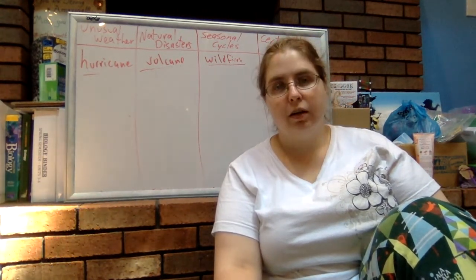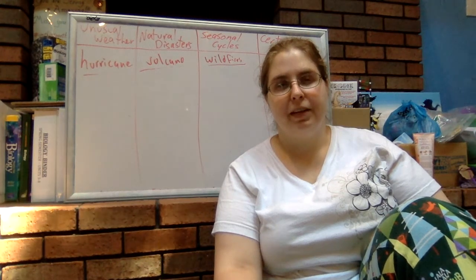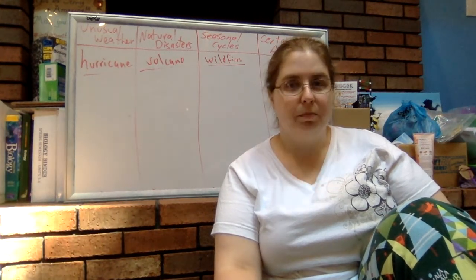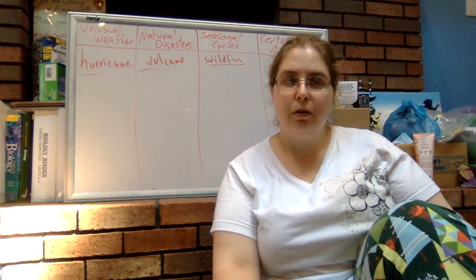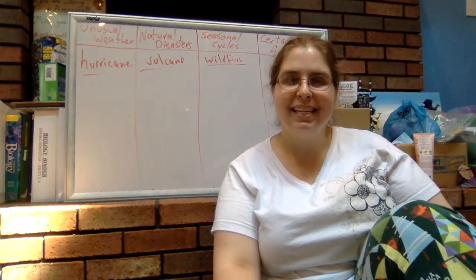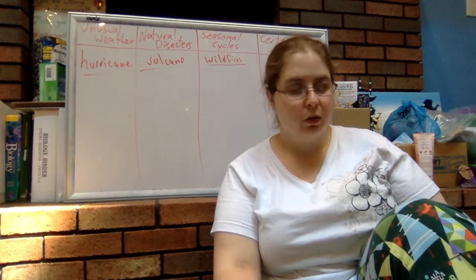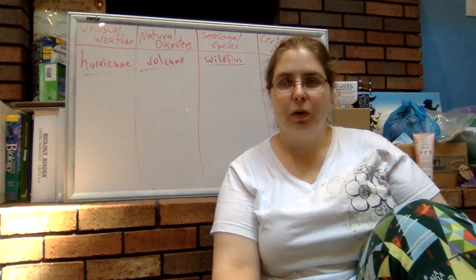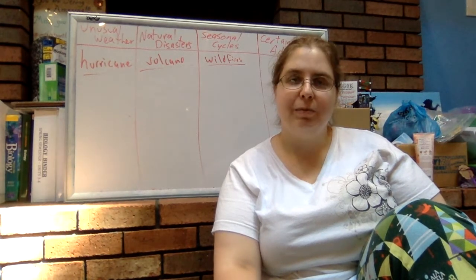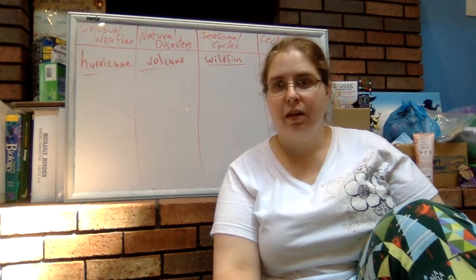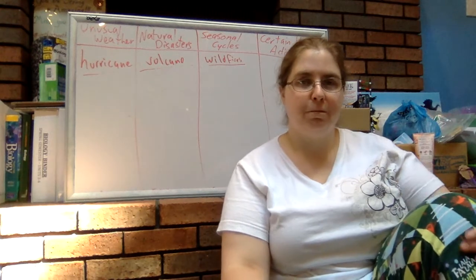Well, today we're going to talk about a type of limiting factor that will affect all populations in an area regardless of their size. And those are called density independent factors. As we already said, they're ones that will affect everything in their area, everything in the environment, not just the big populations, but every single population.